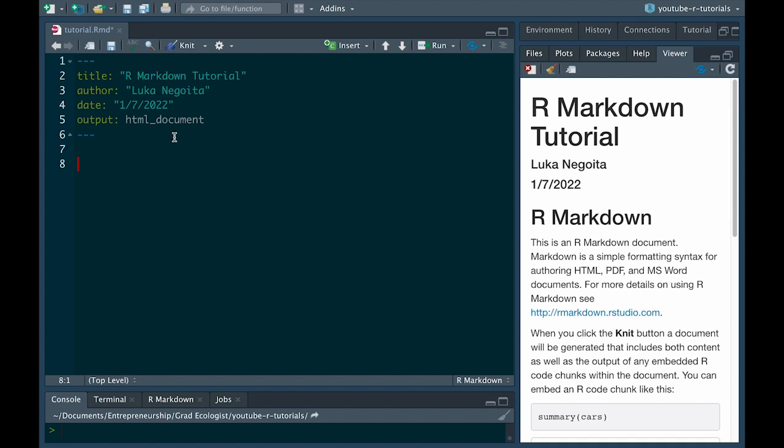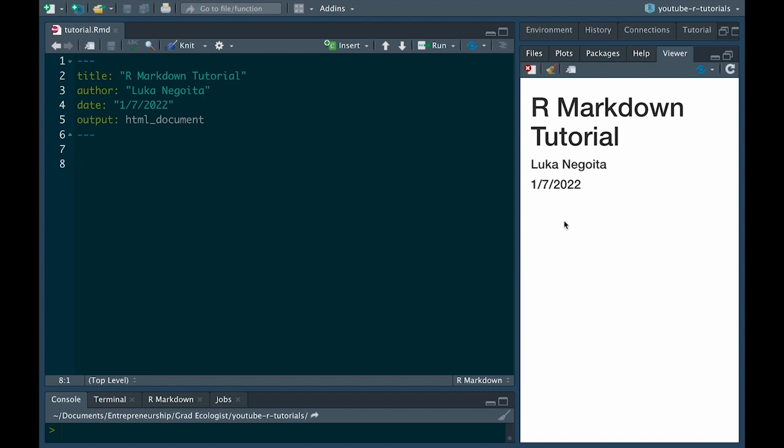So if we run this again, so I'm just going to save it again. If we run this again by clicking knit, you'll see that everything else disappears except for this header section, as I mentioned before. Okay, now for the hard part. Okay, I'm just kidding. Type whatever you want here. So let's do the classic hello world. And if we click knit, and notice that even though we didn't save this, because this is in blue, so if I hit Command save, you'll see that this turns from blue or purple to white. That means we've saved the latest version.